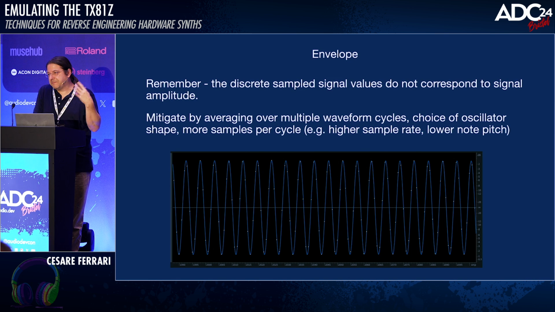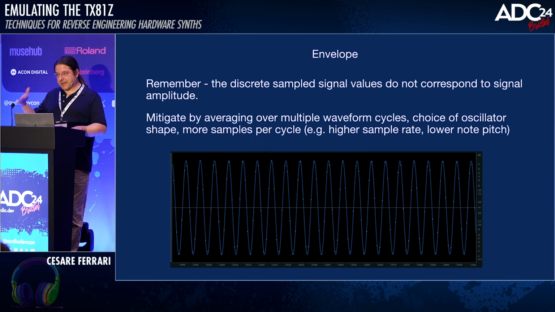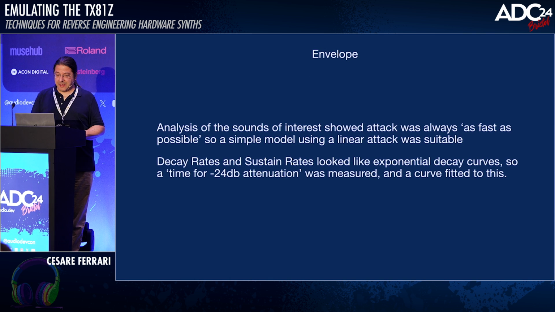So basically choose a frequency which is sensible, like 1 kilohertz will be fine. I just realized that no one cares about the tail of these particular bass sounds, and that just getting a 24 dB attenuation time was enough to produce the kind of exponential decay as a good enough fit. So it saves an awful lot of work. And then the other